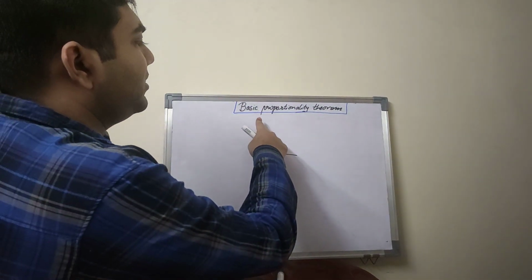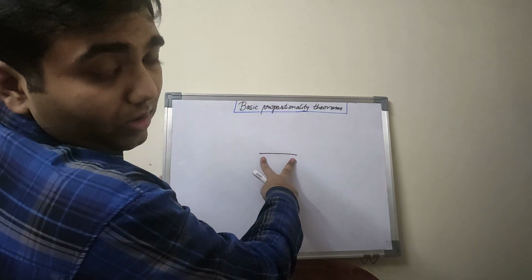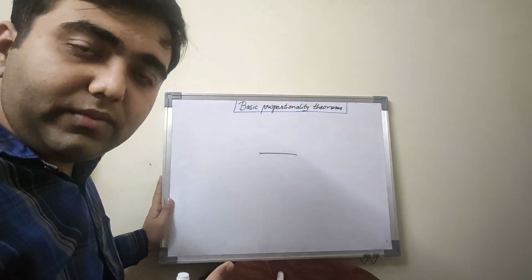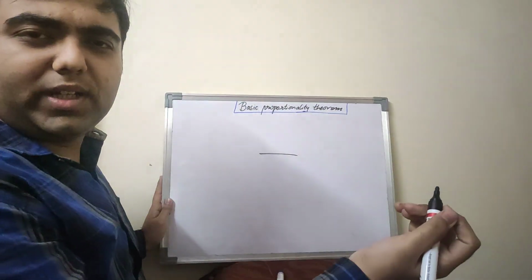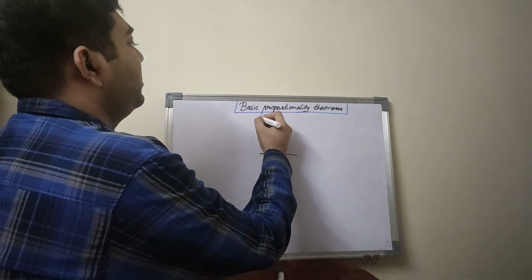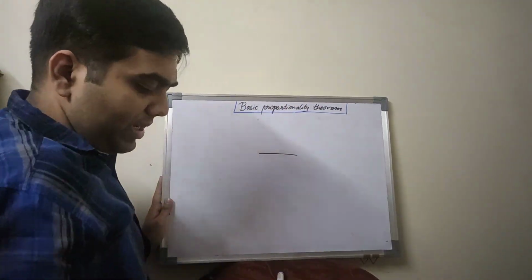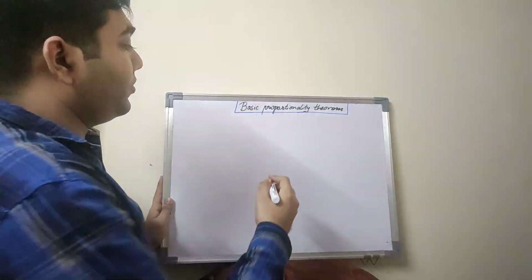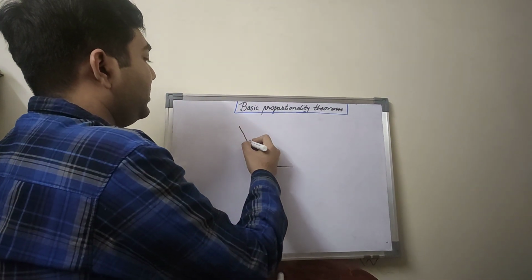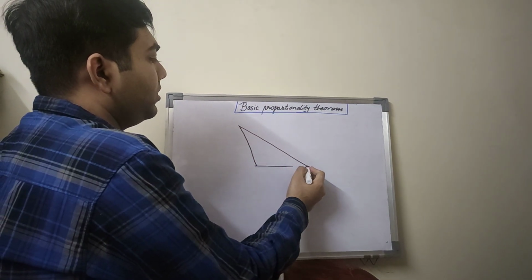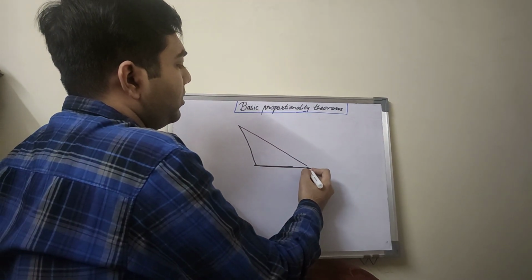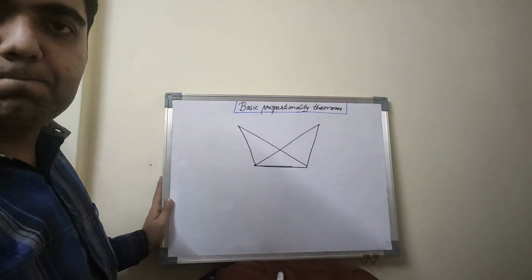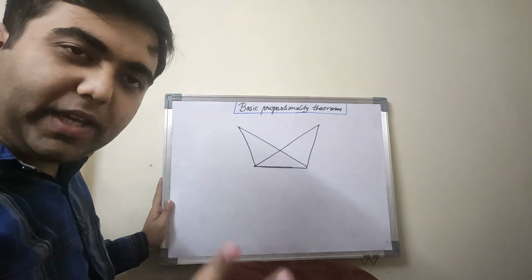So I can take two vertices are already selected. I want two triangles, and I need the third vertex for both the triangles. So I randomly locate the two third vertices. I'll take two vertices anywhere randomly, okay, and I can construct the two triangles. Suppose I take this, and I take this. You see, again a special pair of triangles.